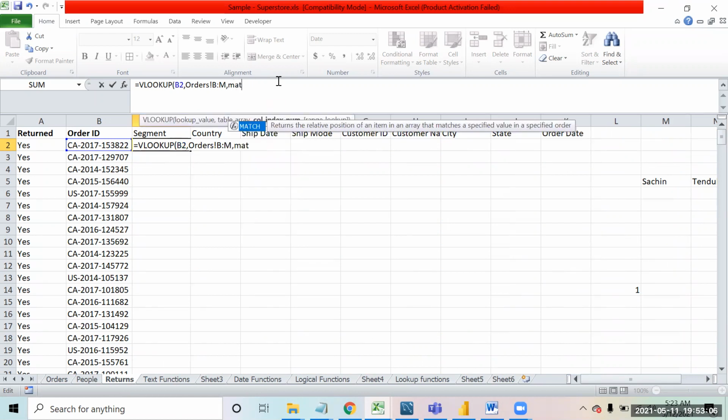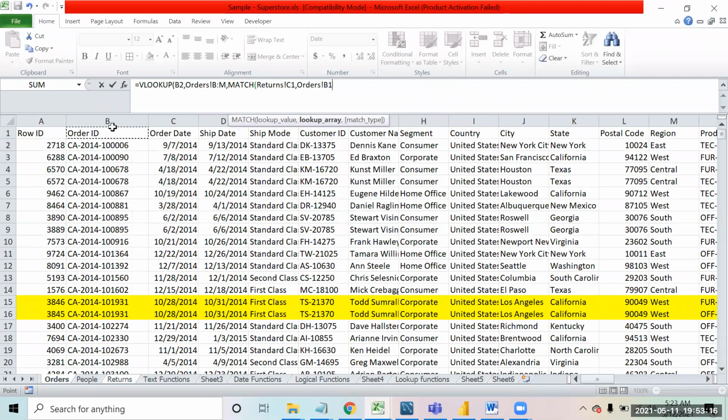I can say MATCH, look up this value, comma, in this range from order date up till, I'll select this range over here. I would also have counted like 1, 2, 3, 4, 5, 6, 7. The segment is coming at seventh number, and MATCH is going to do the same thing for me. It is going to count at what number segment is coming. So it will also give me the output as 7 only. So my job is done.